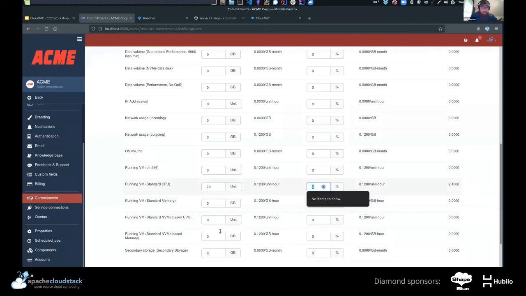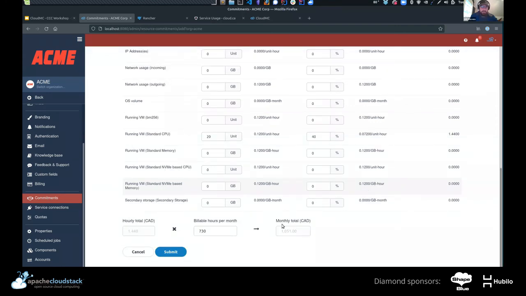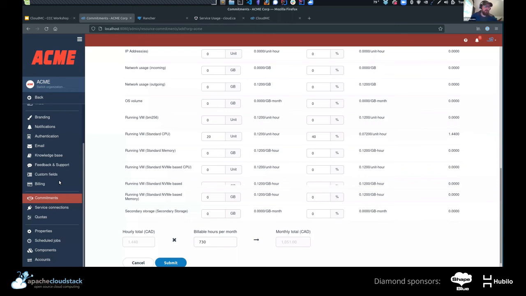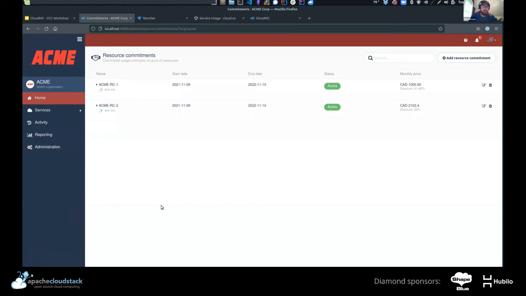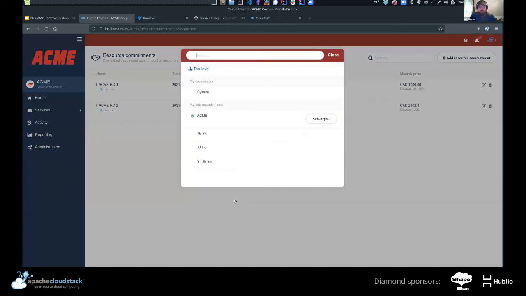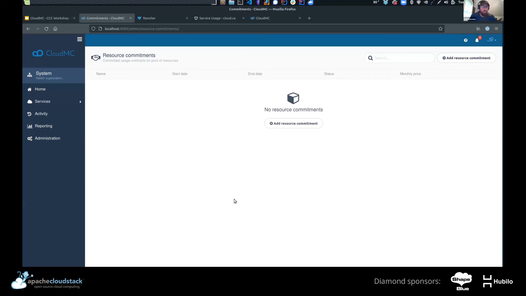At the bottom, based on the number of billable months per year and billable hours per month, it will calculate the total cost for the allotment that you provided. So there's a couple of different ways to do it. That gives you an idea of the resource commitment features, which are above and beyond the standard utility pricing that's available. I'm showing you pricing version 1. We have pricing version 2 that I don't have set up in my environment just yet, and there's a lot more available beyond that.